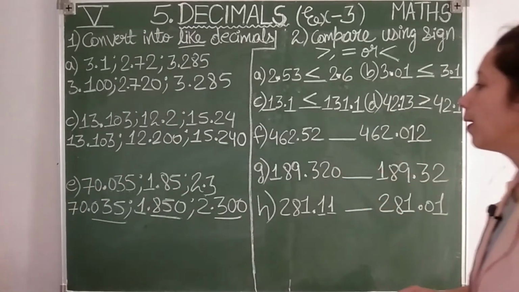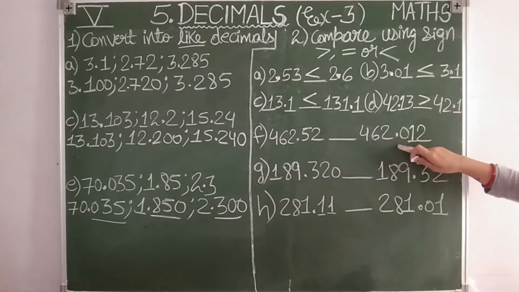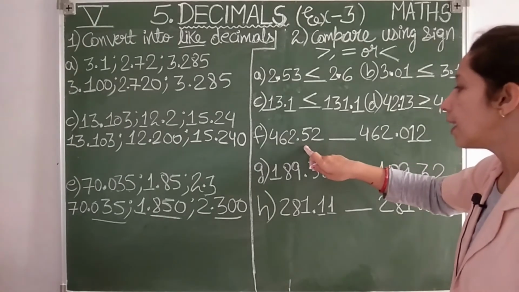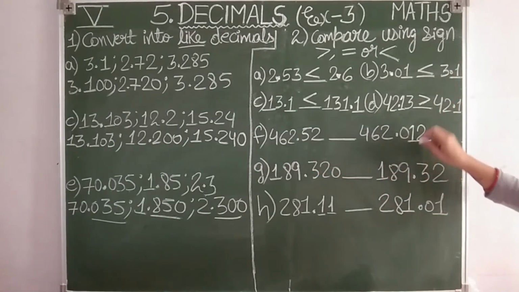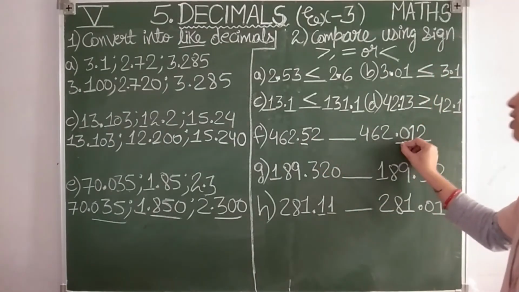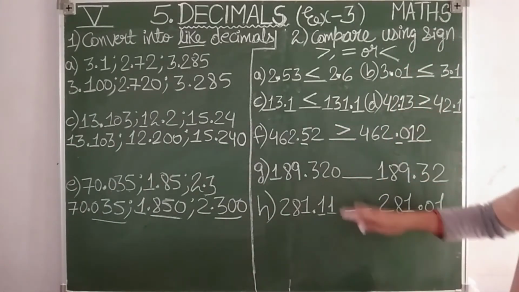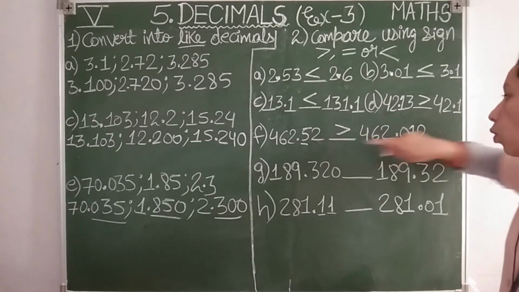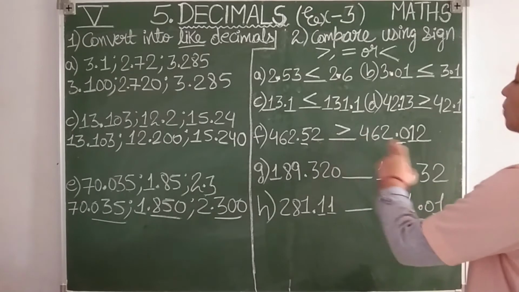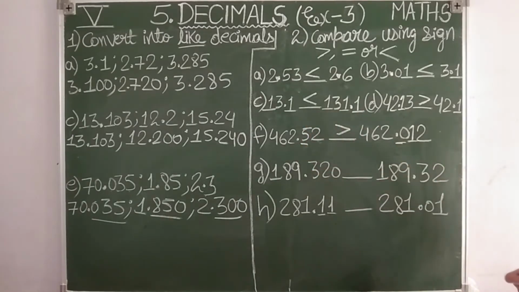Okay. Point number F. 462 is the whole number. Here also 462 is the whole number. So we can't decide which one is greater. That's why we will move to the tenths place. Here in the tenths place it is 5. Here in the tenths place it is 0. So which one is greater, students? You can see here the tenths place is 5, here the tenths place is 0. So surely this one will be greater. ये मैं बता चुकी हूँ. In such a condition, ignore the places written after the tenths place, because here in the tenths place itself we have decided that this decimal number is greater. So this decimal number will surely be greater.